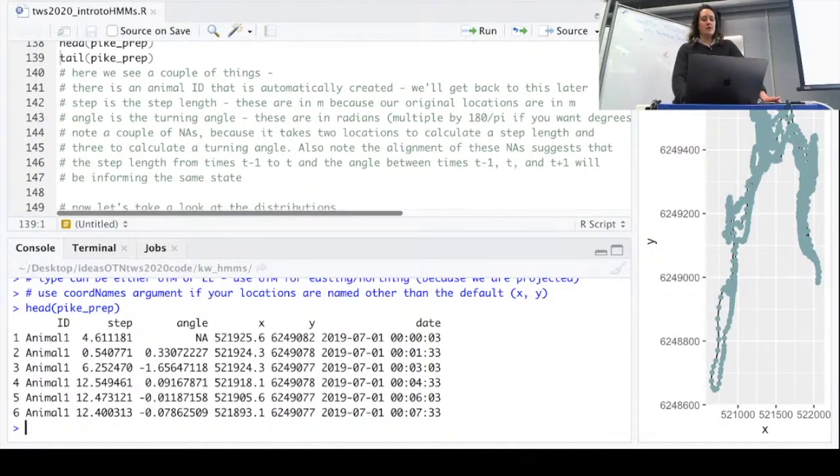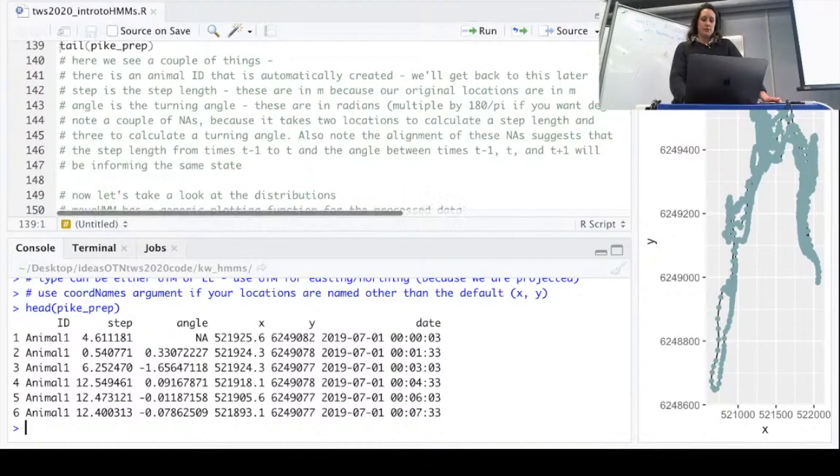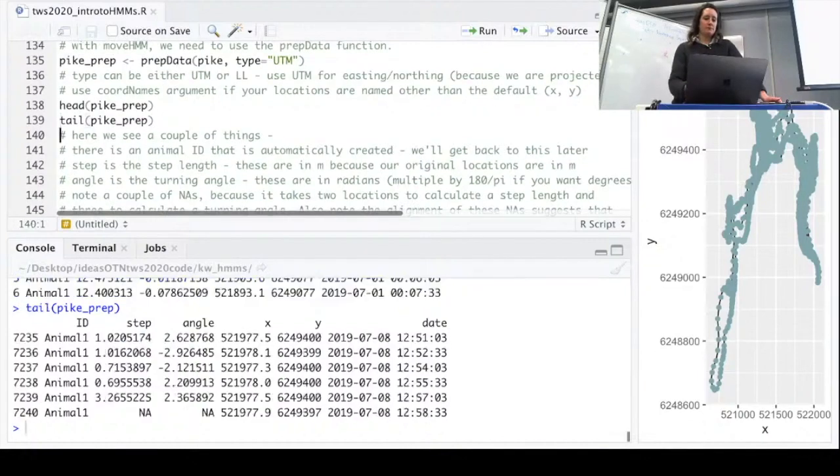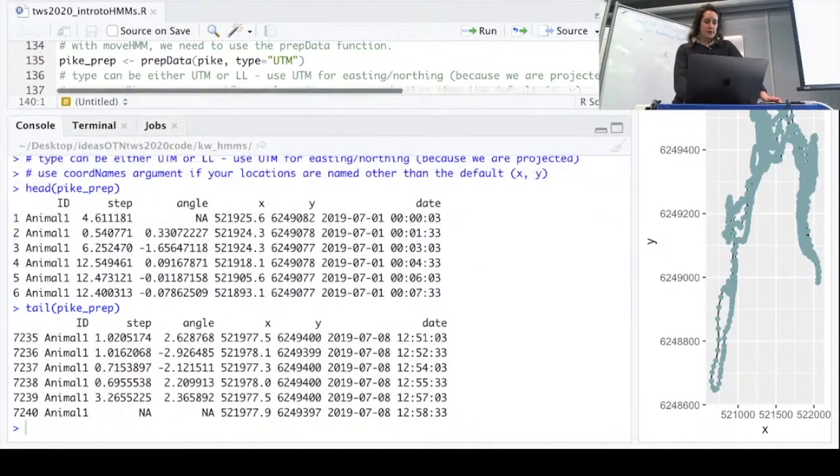Yeah, good to note that these angles are actually in radians. Normally we think about angles in terms of degrees, right, between 0 and 360. So if you need to convert between those, if you want to go from radians to degrees, you multiply by 180 over pi. The other thing you can look at here, just to be aware of, is